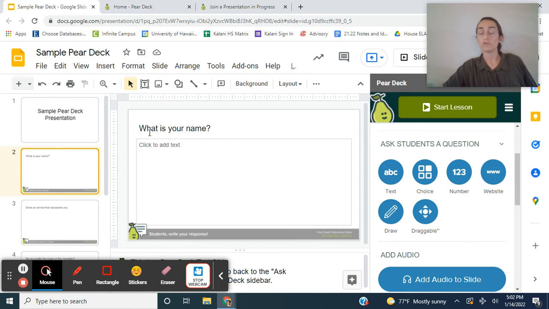So you ask students what is their name, and if you want them to type in a response, you hit Text. And this at the bottom will appear. That means that students can type in their response and you as the teacher can see their response in real time. Students cannot see each other's responses. You can also have students draw a picture,